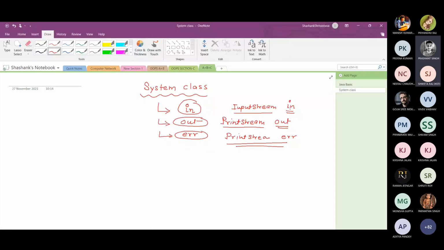Now, in, out, and error. एक second. There is a problem here. Yes.